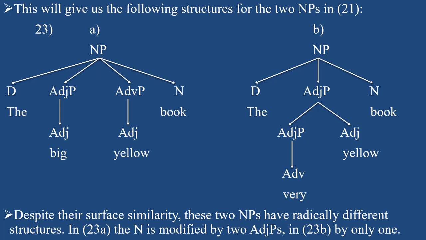That's why it should be, let's say, a sister to "yellow", beside it, and not coming from the NP as a determiner, as in the example in A. So we have the determiner, then an adjective phrase, which consists of an adverb and